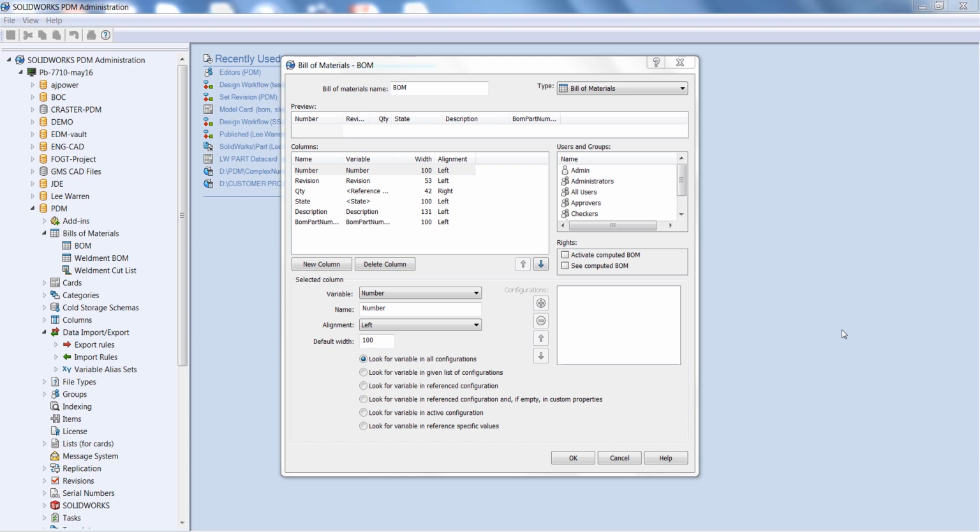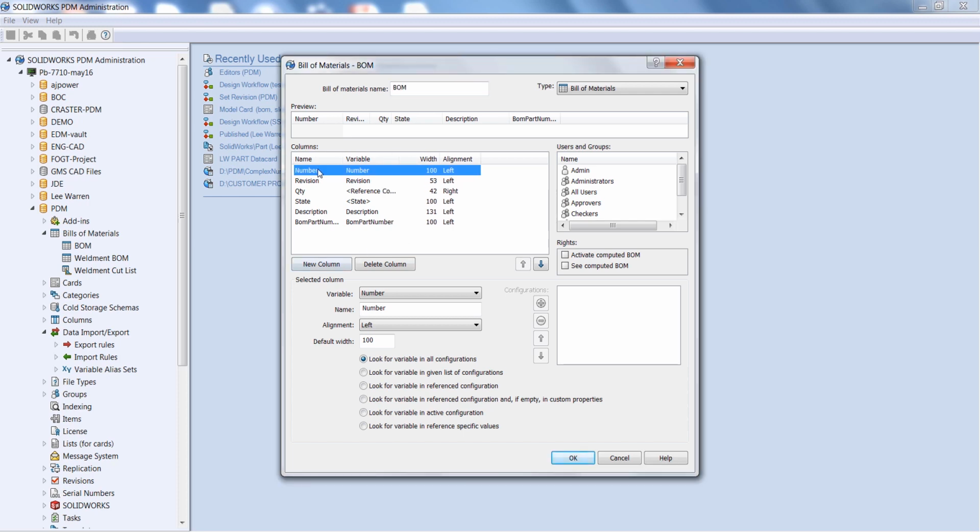This facilitates much less error between the systems, and also eliminates any manual data entry type of work as well. So the first thing we need to do when we're going to export an XML bill of materials is to create what's known as a bill of materials column set. If you're familiar with this, it will show up in the bill of materials tab in the PDM Vault view. So here we have a very simple one, just the part number, the revision, quantity, state, and description. And we can add and remove any columns to this as you want.